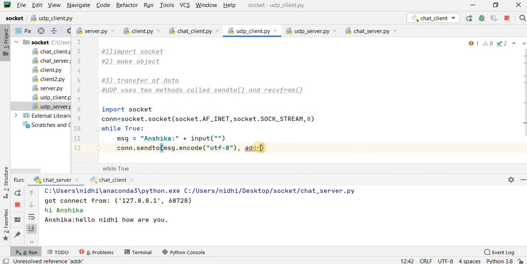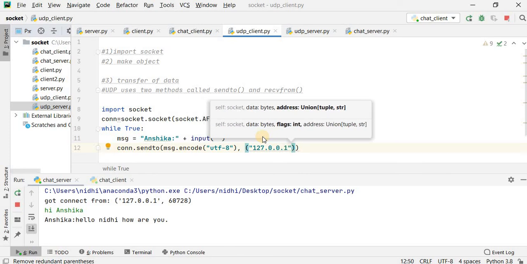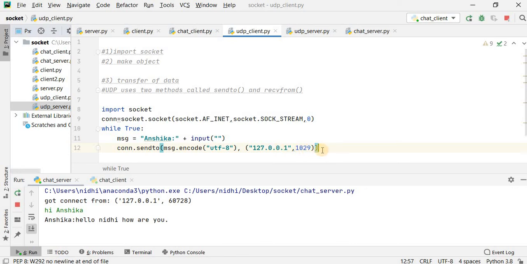What is the address? Address you have to paste over there, like 127.0.0.1, the IP address of the server and port number of the server. So in the packet itself the IP address and the port number will be situated, and according to that IP address the socket will transmit the packet by using the sendto method.